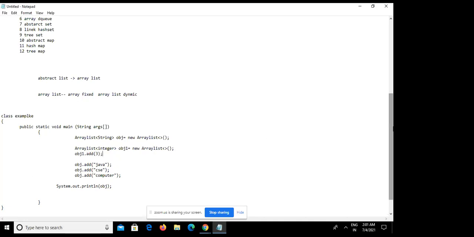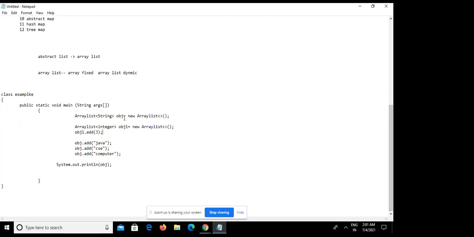So basically what I can understand is that we are adding two types of object, string and integer.